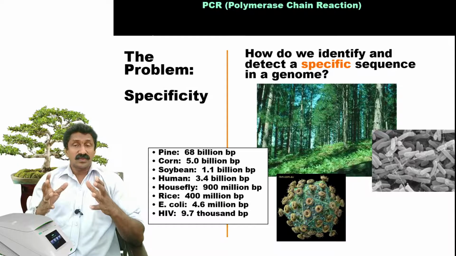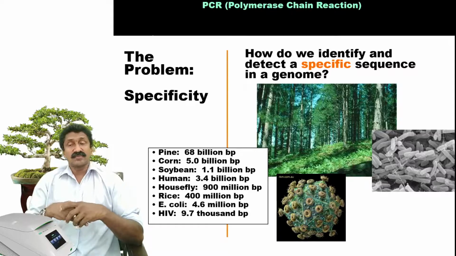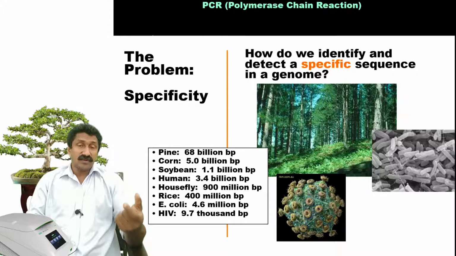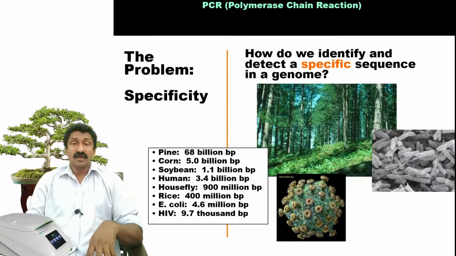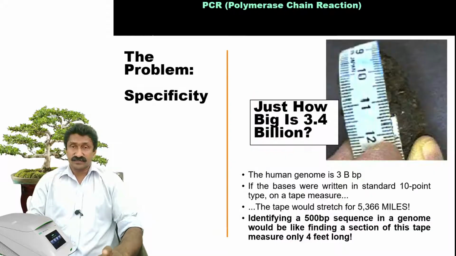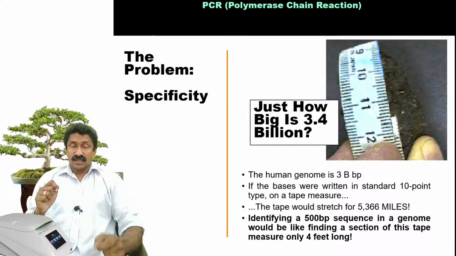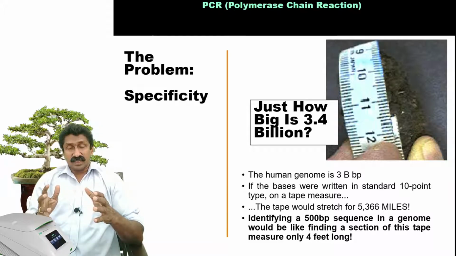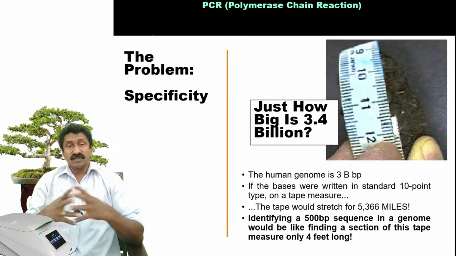So depending upon the complexity of the organism, we have very huge genomes like that of the pine, from which maybe you are interested in a particular gene of maybe 500,000 base pair length. How would you locate specifically such a target gene from a large genome of such an organism? And we will see an example for the case of a 3 or 3.5 billion base pair human genome.